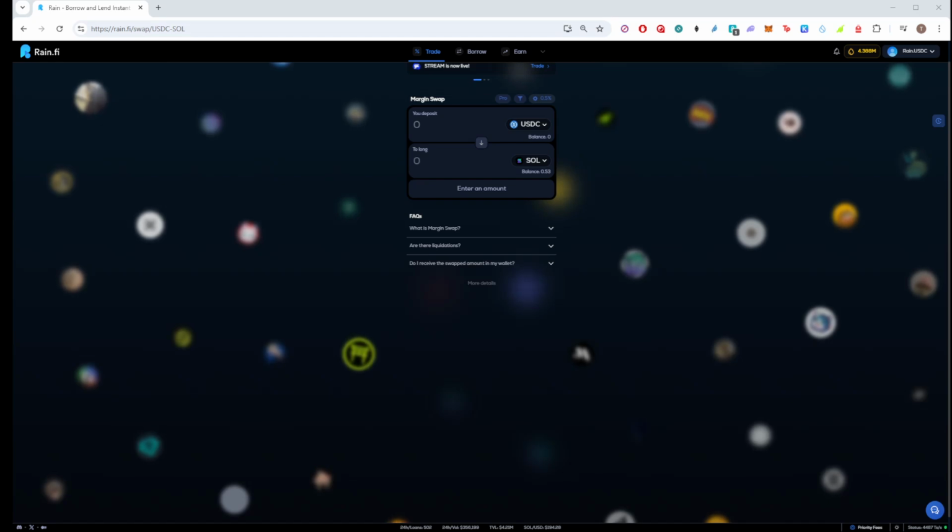But what is Rain? Rain is a peer-to-peer lending platform with no price liquidations. The only time a loan can get liquidated is if the loan duration goes over its agreed time and has not been paid back. So if a loan is taken out by providing $100 of Solana as collateral and you